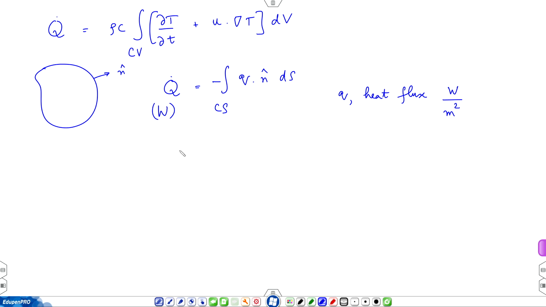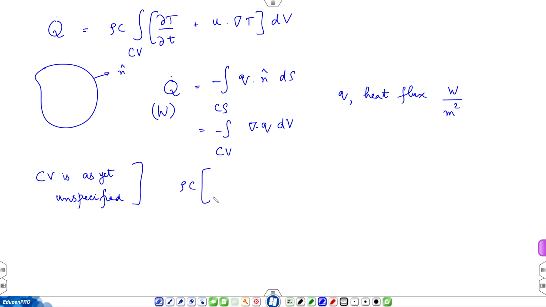Okay. So, this is the expression for Q dot n. This is in terms of C V, it is del dot Q d V. And equating the two and requiring that CV is as yet unspecified, so we get, well, there is a negative sign. So, rho C